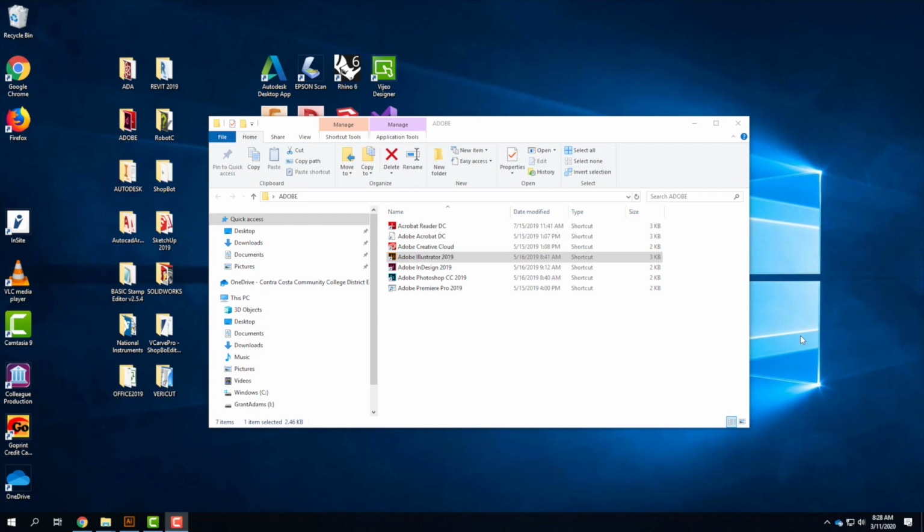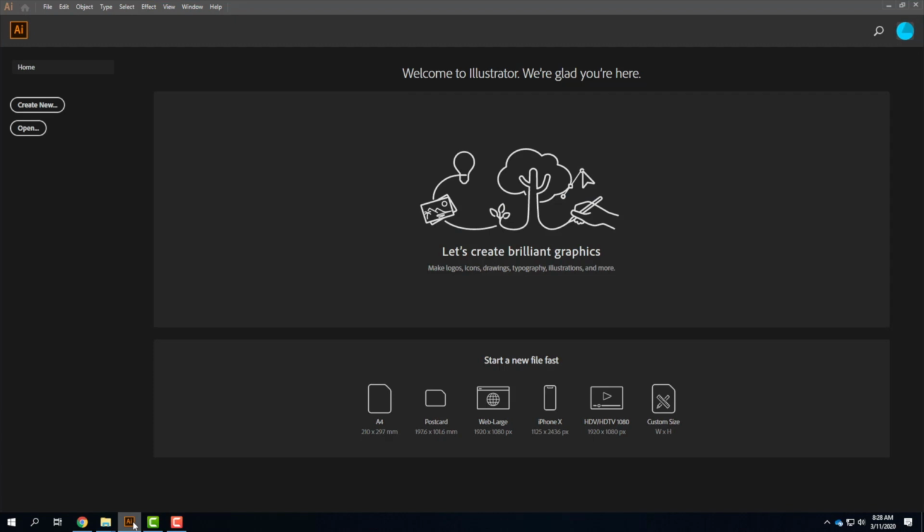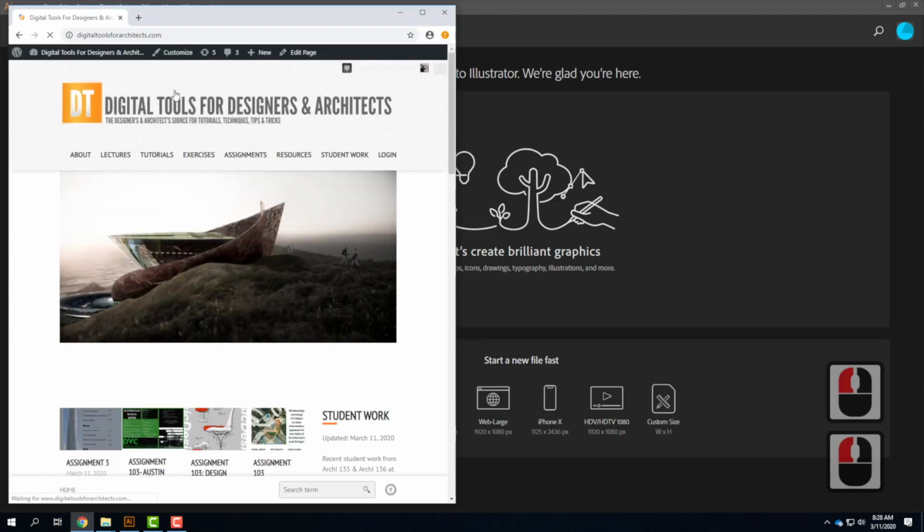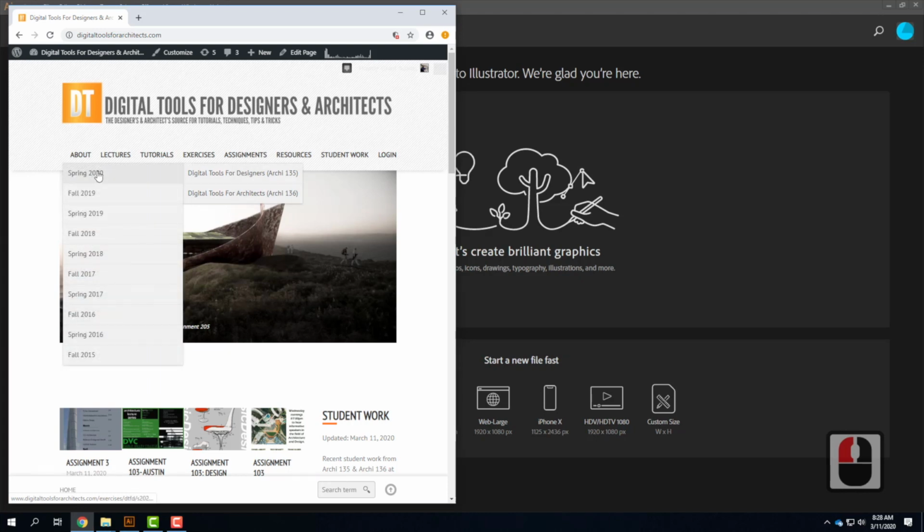Okay, so in terms of exercise 113, we're going to be working in Adobe Illustrator. I've already opened up Illustrator here, so I've logged into Illustrator and what have you. But in order to do this, instead of making you just create this from scratch, I actually have a template file that you can download. So I'm going to encourage you to do that. It's on the course website here. And if we go into today's exercise,